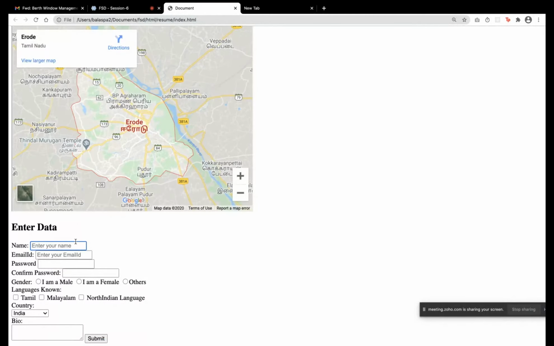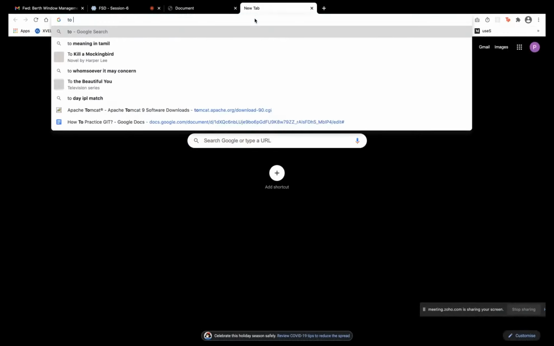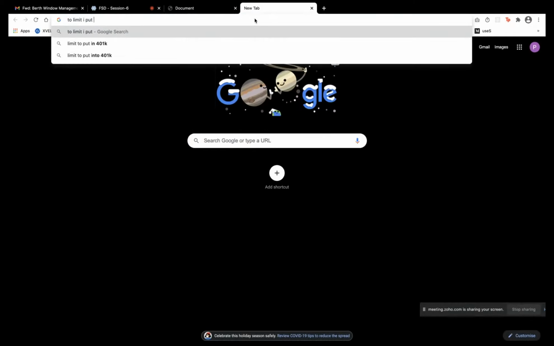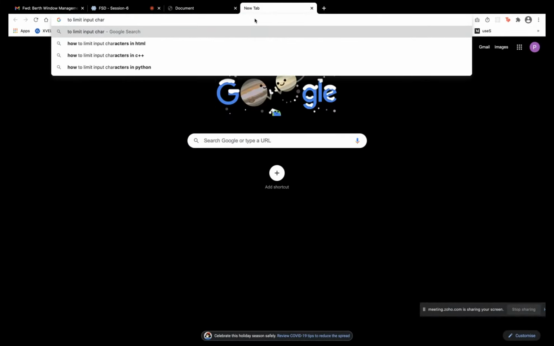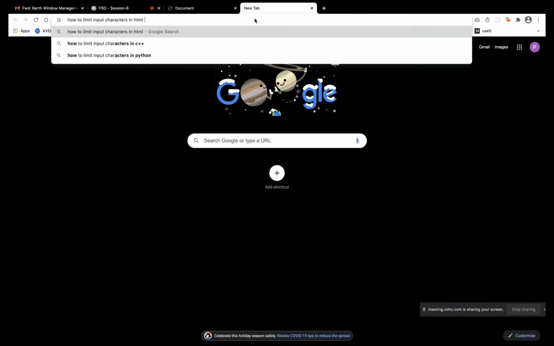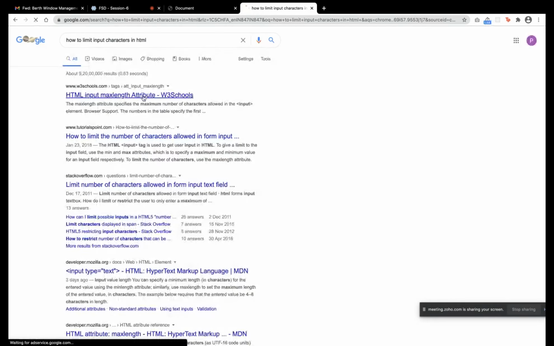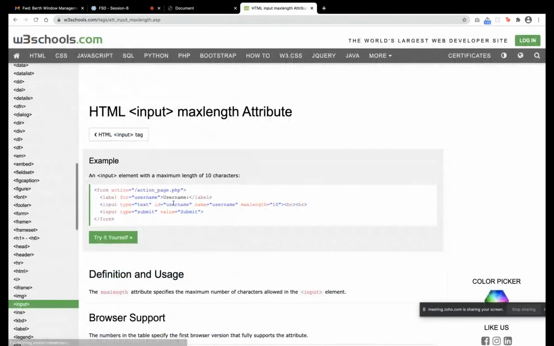No, actually there is an attribute we can use to limit the input characters in HTML. Maxlength, sorry, maxlength.